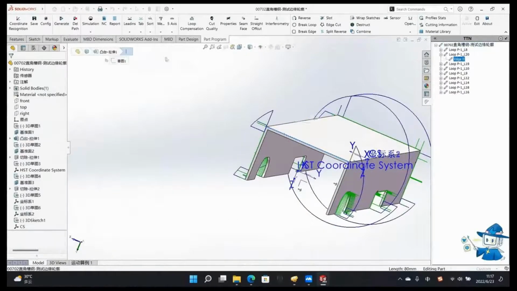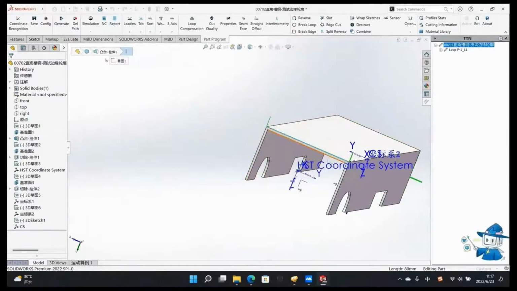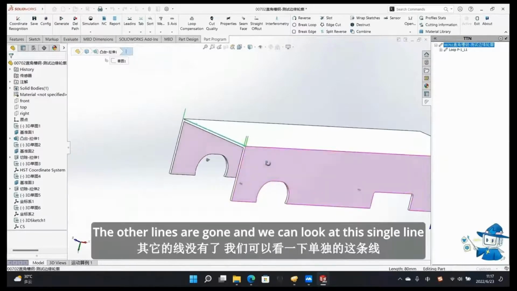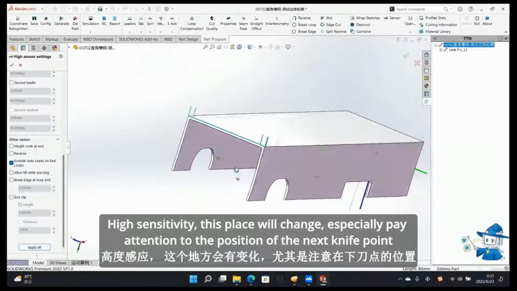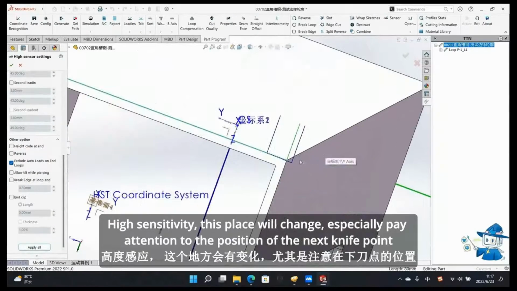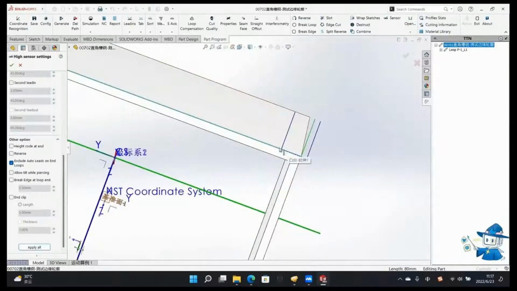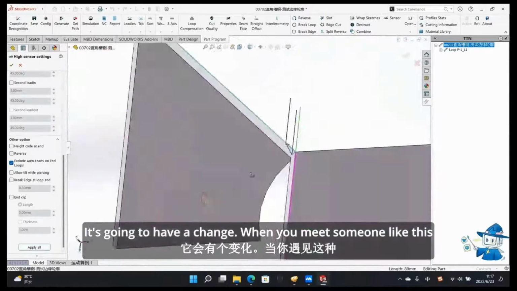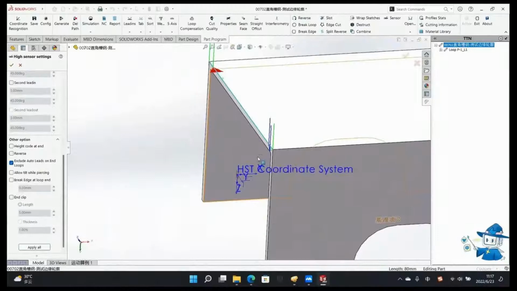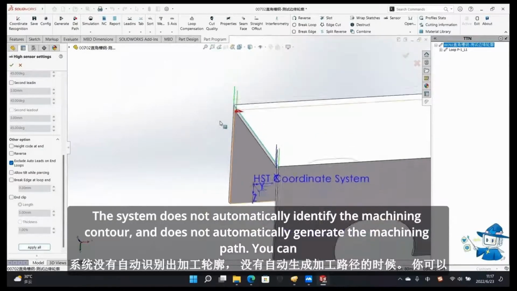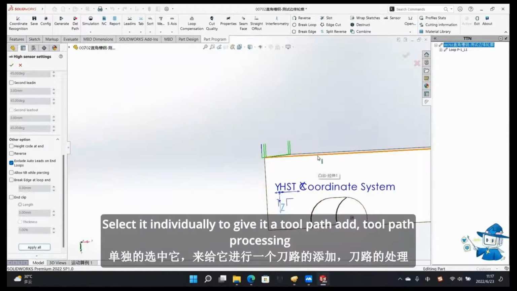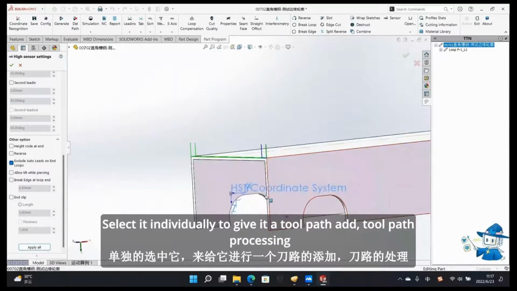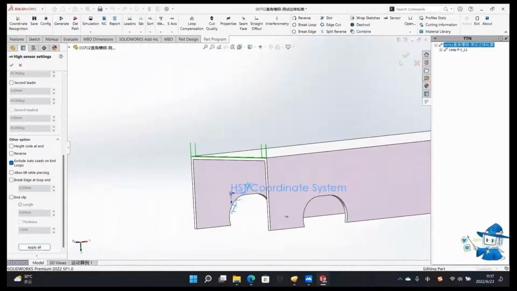The other lines are gone, and we can look at this single line. High sensitivity. This place will change, especially pay attention to the position of the next knife point. It's going to have a change when you meet someone like this. The system doesn't automatically identify the machine contour and doesn't automatically generate the machine path. You can select it individually to give it a